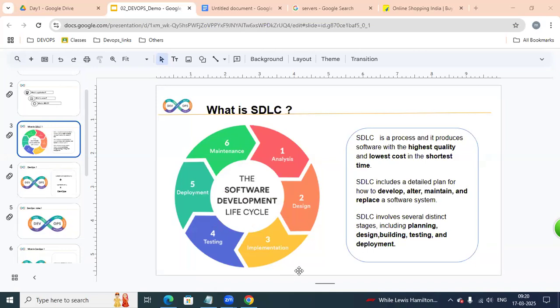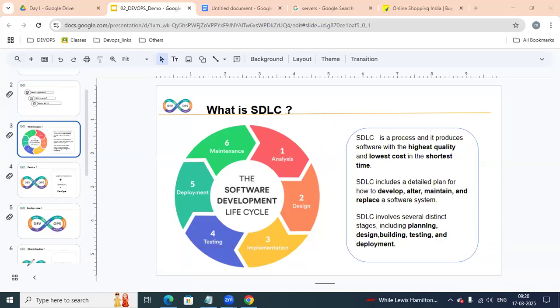If you are a developer, you write the lines of code. If you are a tester, you verify the functionality. But if you are a DevOps engineer, what exactly are you going to do?